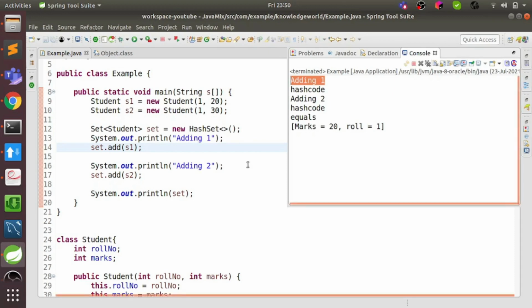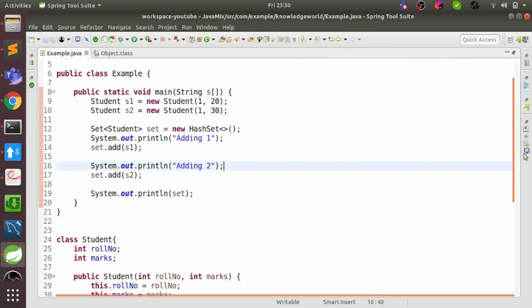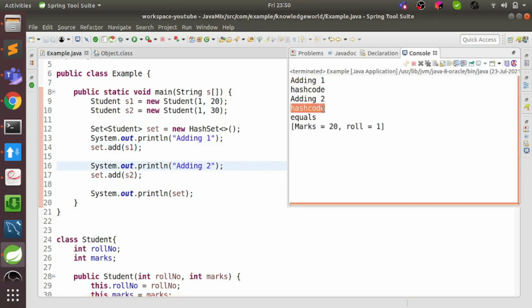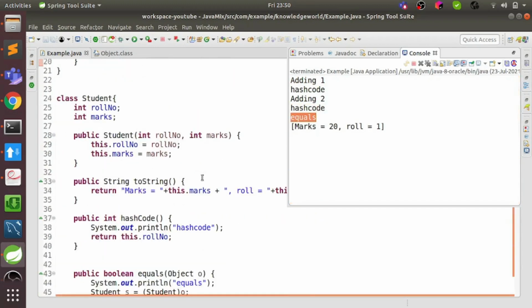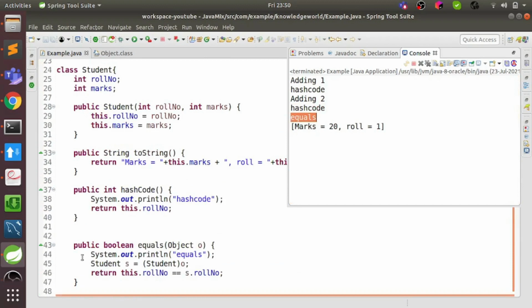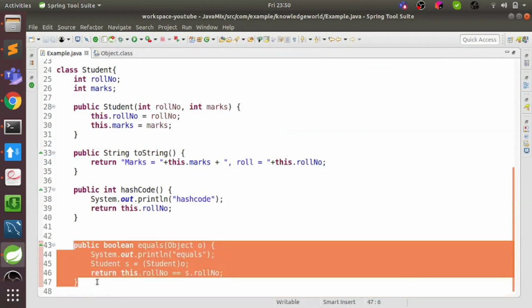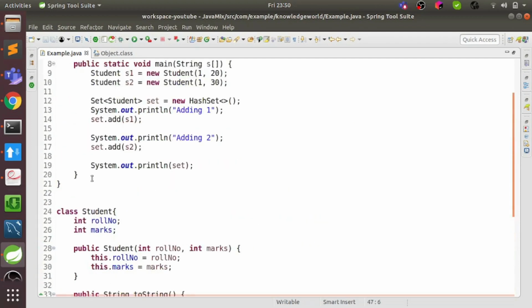Now after adding two, first hash code is getting called, and then it also called the equals method. It will call the equals method to check the two objects, one which is already present and one which we are trying to add. So s1 is already present and s2 we are trying to add.